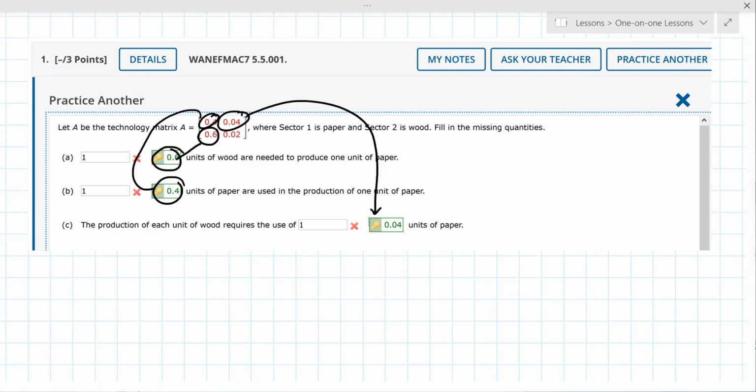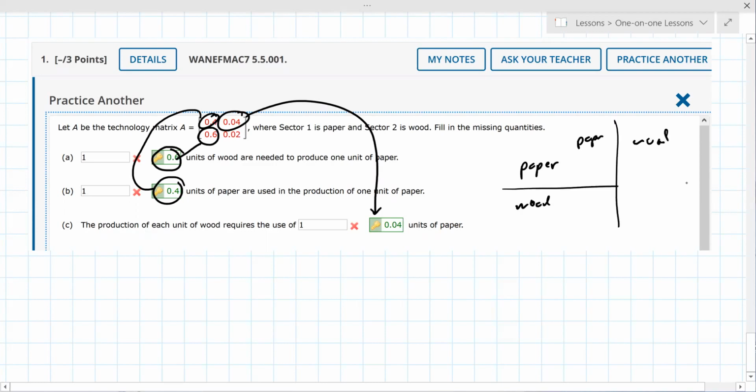There should be a little bit more background information into why sector 1 is the row or the column. I'm not sure. Units of wood are needed to produce 1 unit of paper. So 1 and 1 is down there. Units of paper used to produce 1 unit of paper. Okay, that's up there. Maybe it's paper, wood. Yeah, I think that's how they've organized this